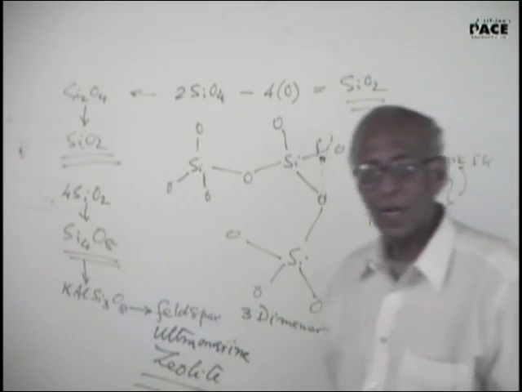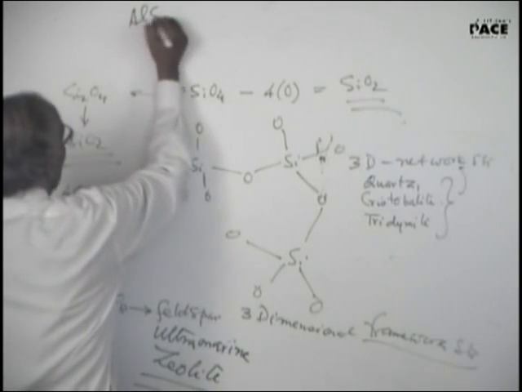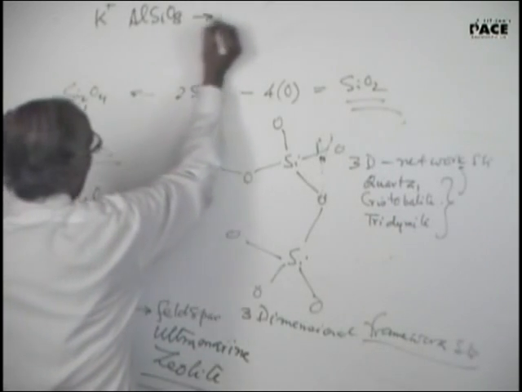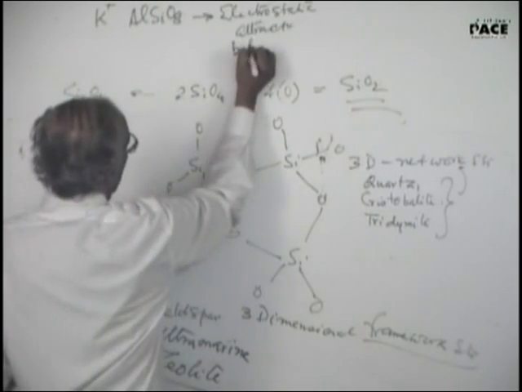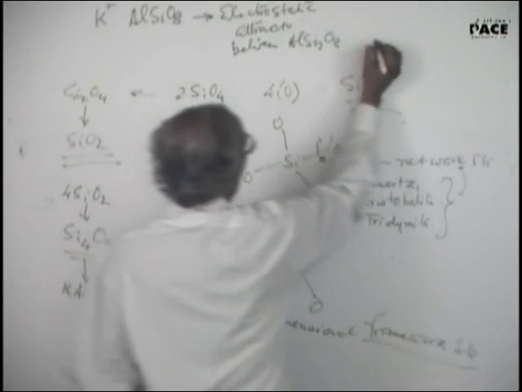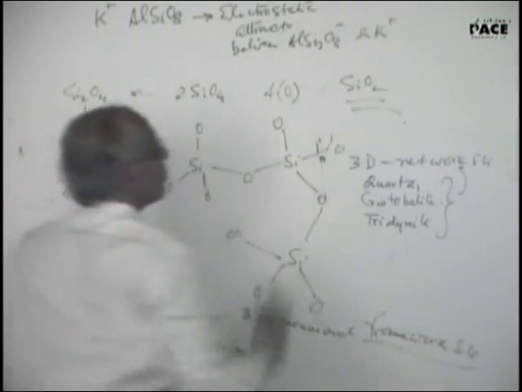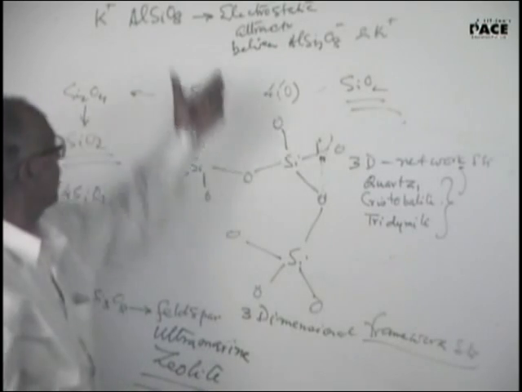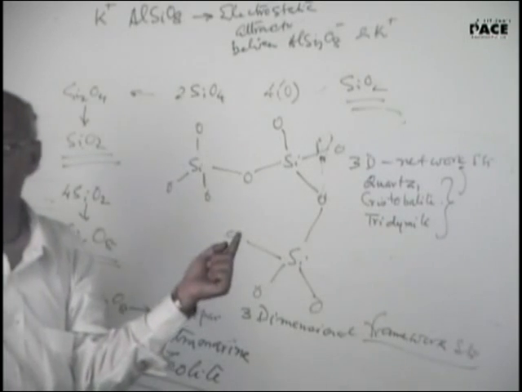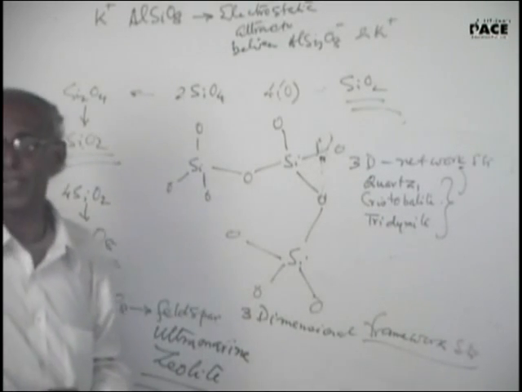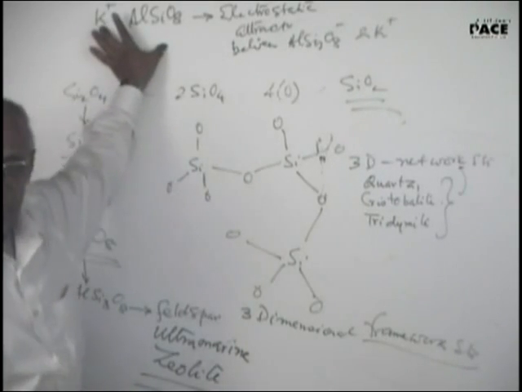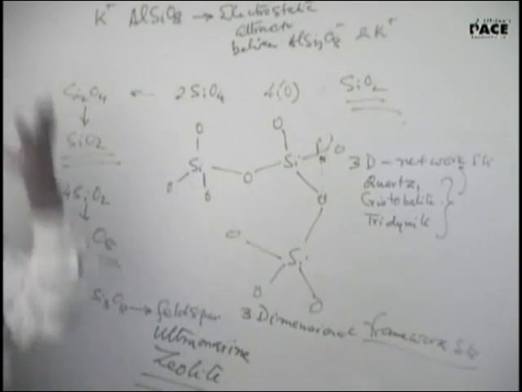Feldspar. So what do you have? You have AlSi3O8 unit with a negative charge and potassium with a positive charge. So there is an electrostatic attraction between AlSi3O8 and potassium ion. If this unit has a negative charge, this has a positive charge, so there will be an attraction between the positive and the negative charge by an electrostatic attractive force. When you have such units, they are present in feldspar, that is on the rocks,